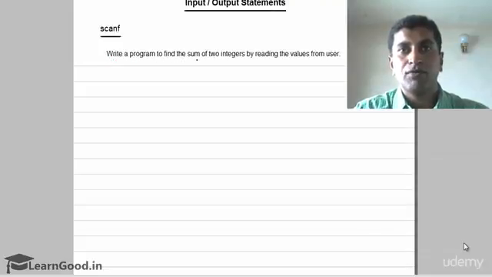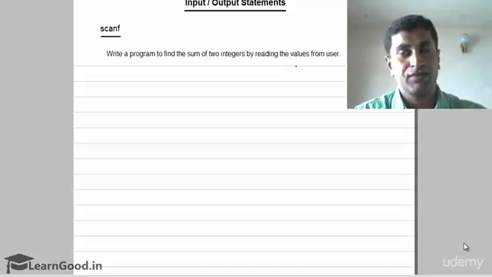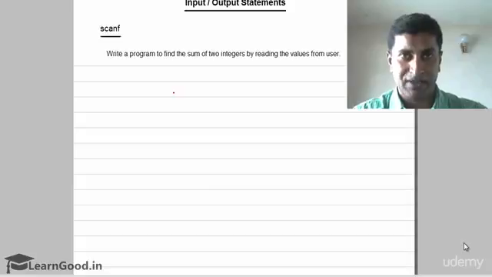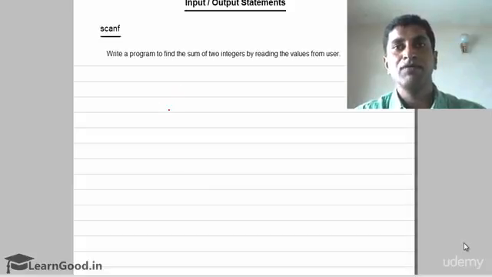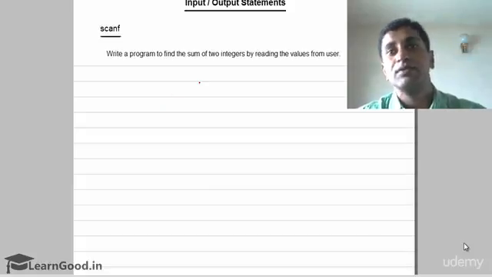Here, write a program to find the sum of two integers by reading the values from the user. We have done this program earlier also with a printf where we have assigned the values like a equals 10, b equals 20 within the program. But now we are not going to assign the values. When I run the program, at that time we have to ask the user who is running the program to enter